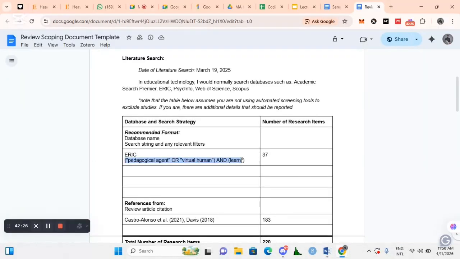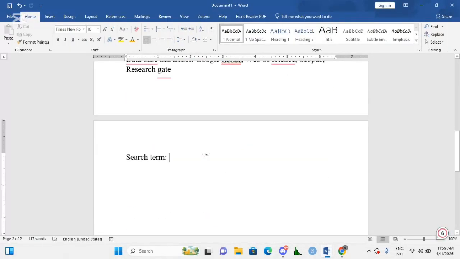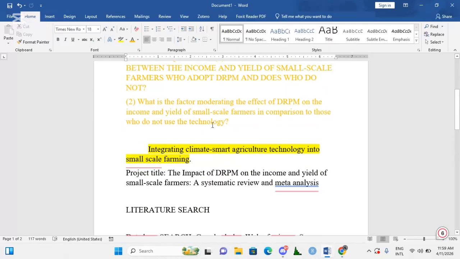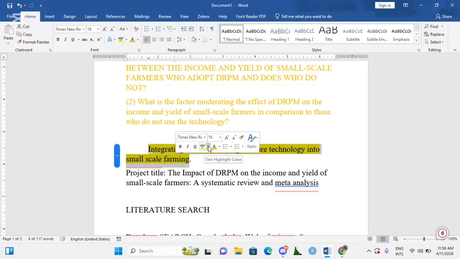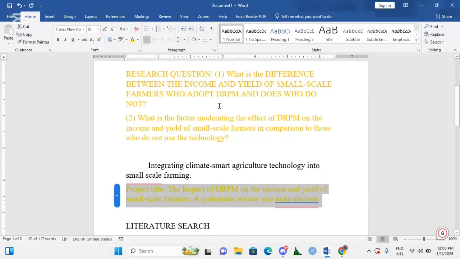I'm definitely biased. That means I have to make use of every search engine, every search database that is available, and not because it's available to me. I have to ensure that, because that's systematic review. So afterwards, before you start going through each database, you must have created your search term, and